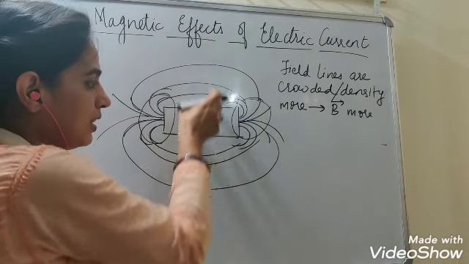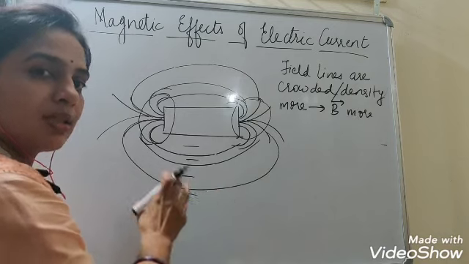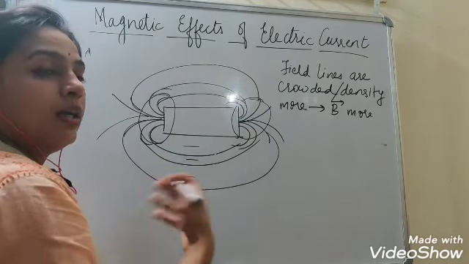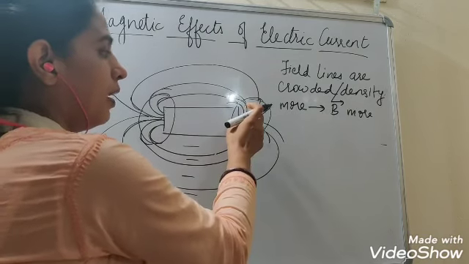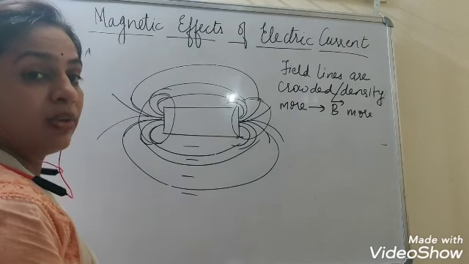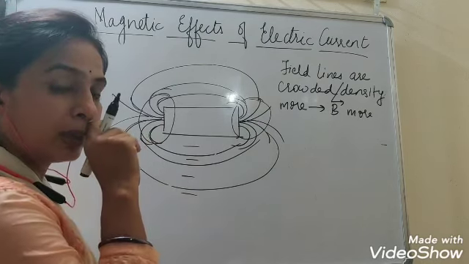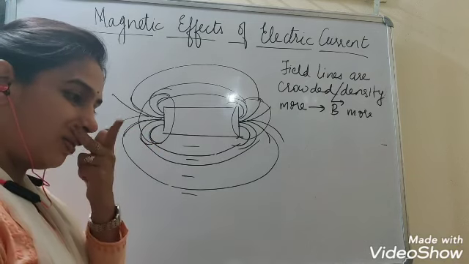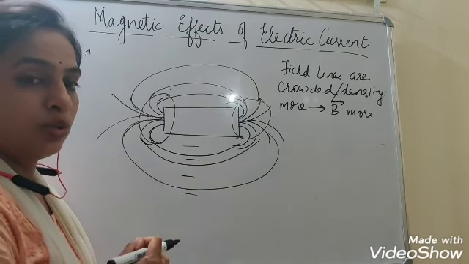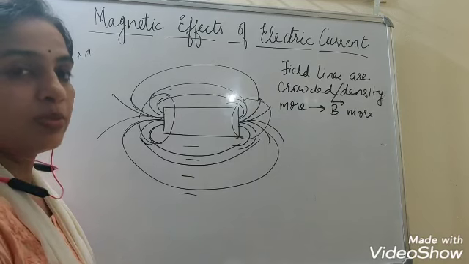That means we can say that around the center part of the magnet, the field lines are fewer, and near the poles the field lines are more, showing that around the poles of the magnet the magnetic field strength is more, or strongest. This I showed you in that PPT also that day which we discussed, where those two children were holding the two magnets with their poles together. So the poles have maximum strength.